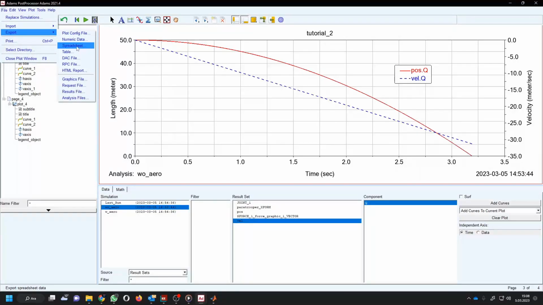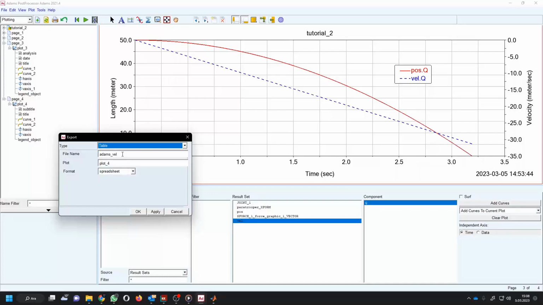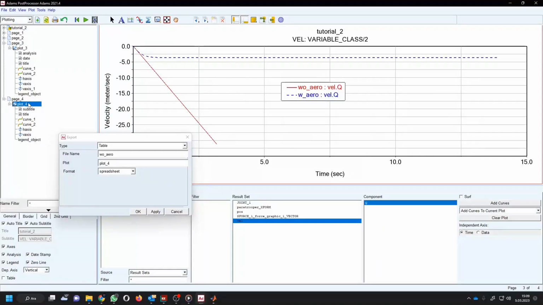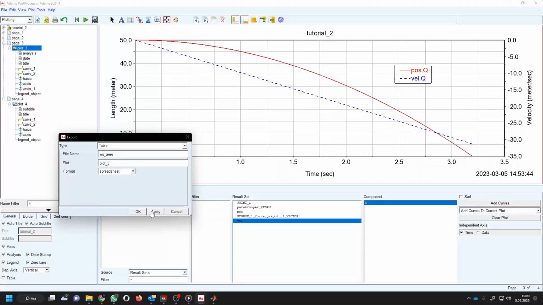Export table. Let's say without aero. This is plot 3. Apply,